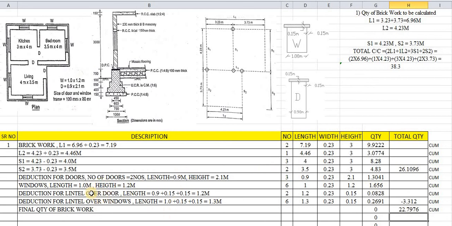These deductions are very important. If we don't deduct the quantity, that means this quantity will be more, and more amount will be required for construction, and more labor will be required. So all calculations will be wrong if the deductions are not done. So we have to deduct this. In this way we will end today's lecture. In the next lecture also we will find out some more quantity of brickworks, or there may be different heights also. Brickworks quantity is very important.